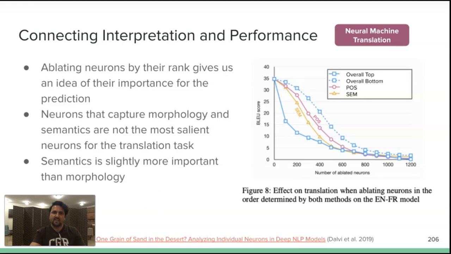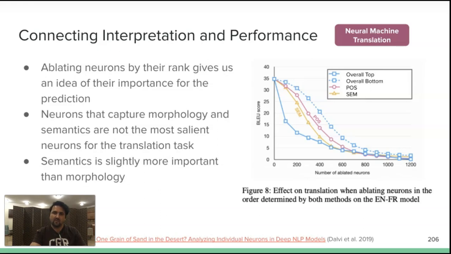As you can see, when you ablate just 100 neurons, it causes a degradation of 20 BLEU points. The authors here were trying to study how important the morphological or semantic concepts are. So if you remove the morphology-related neurons or semantic neurons, would you see a similar drop in performance? That way we can confirm how important or how overlapping these neurons are with respect to the most salient